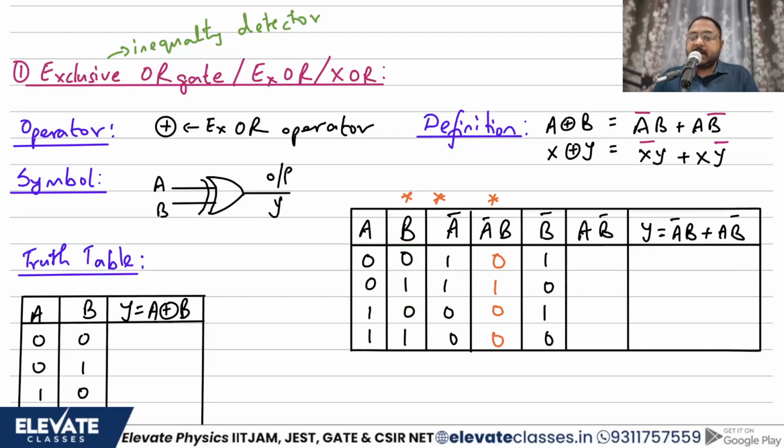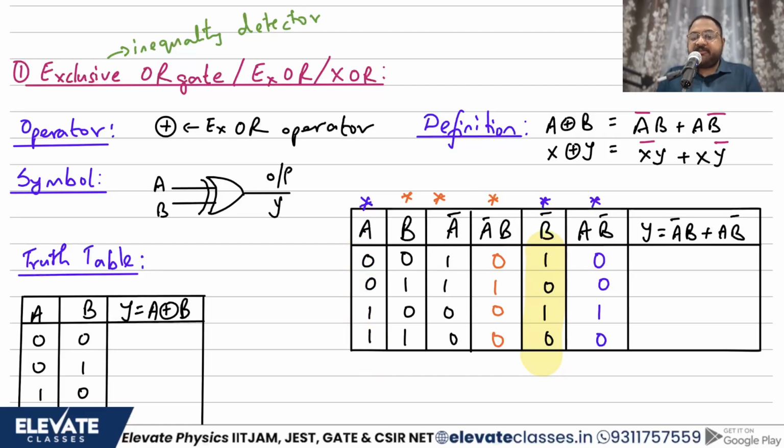Now multiply A and B bar. So if I want A and B bar, I will multiply this column with this column and I should get this column, right? A into B bar, I should get A B bar, right? So let's multiply these two columns. I'm highlighting them so you can see them clearly. 0 into 1 is 0, 0 into 0 is 0, 1 into 1 is 1, 1 into 0 is 0. So I again got this column. Sorry, I should have used a different ink. So this is 0, this is 0, this is 1 and this is 0. ठीक है, ये कॉलम भी हमारा रेडी हो गया.